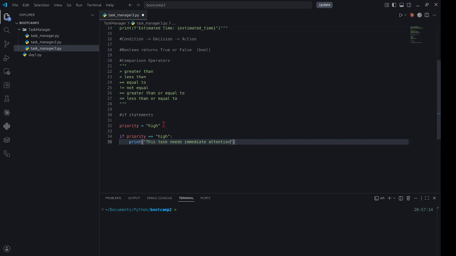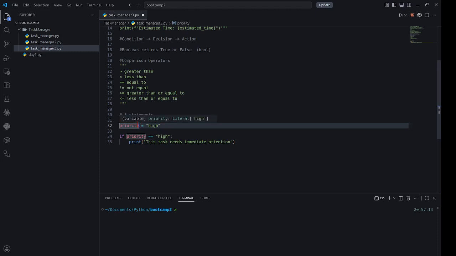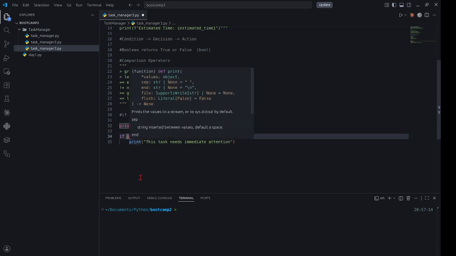So what happens is that Python first declares this variable, priority is high, which means that the value of priority is high. Then here we have